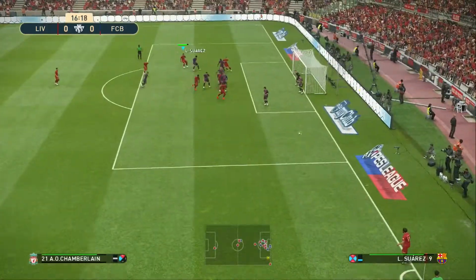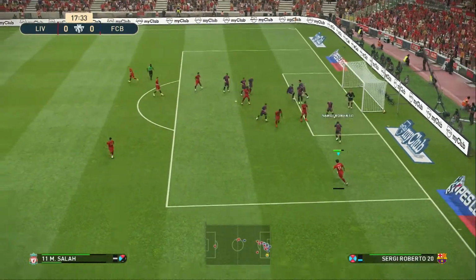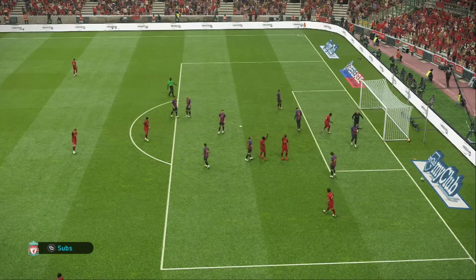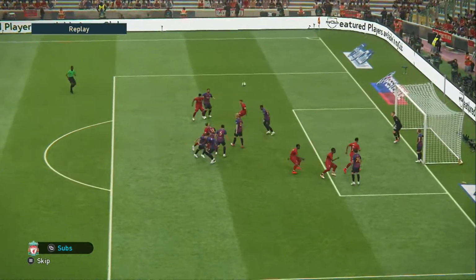Let's just float a standard cross into the box and see what we can do with it. We've won the header. Why is he punching that? I mean, that's straight at him, and the second header's gone wide. I'm a bit worried about the goalkeeper's animations a bit early on, to be honest. If we have a look at this one again,